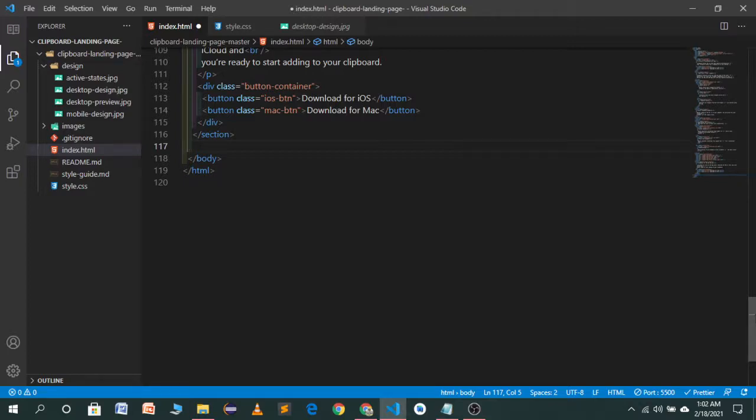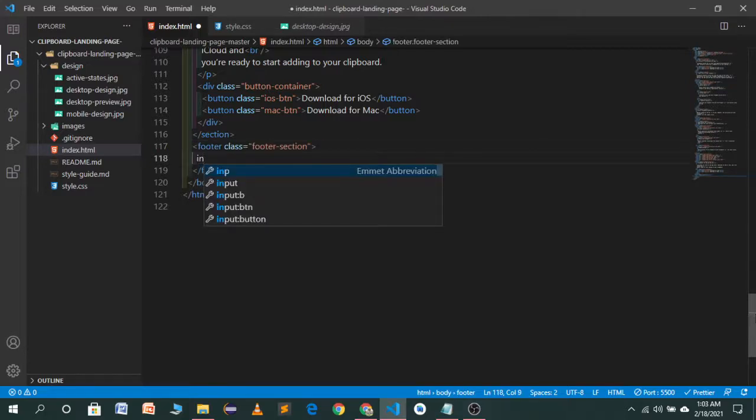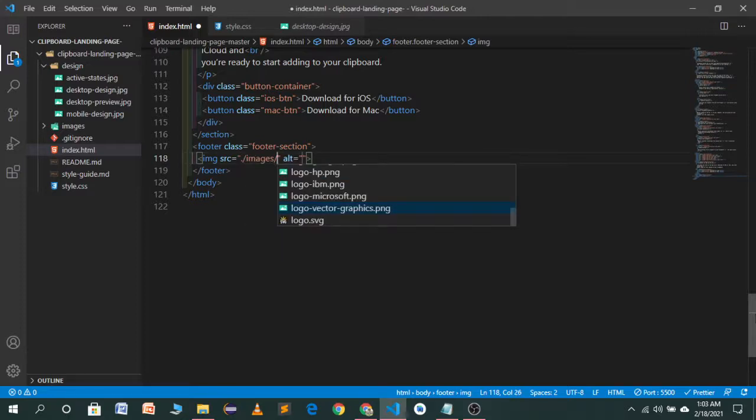Footer, and the class will be a footer section, and in the footer section we have our logo, which will be in the images logo dot svg,